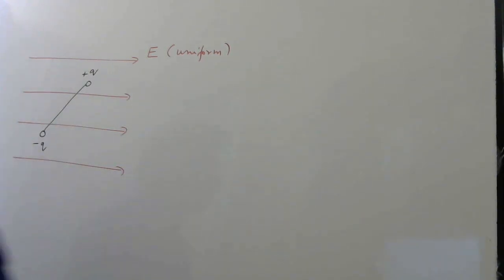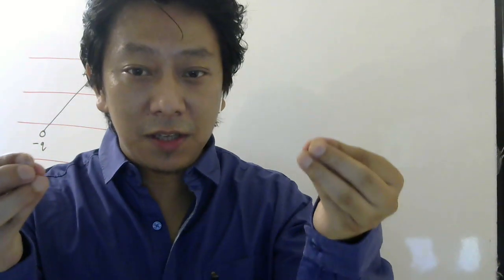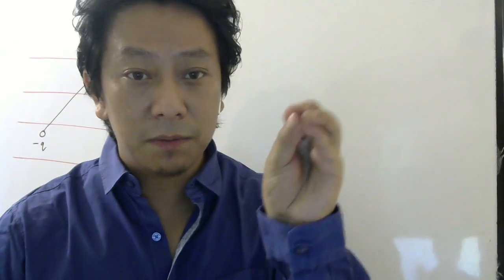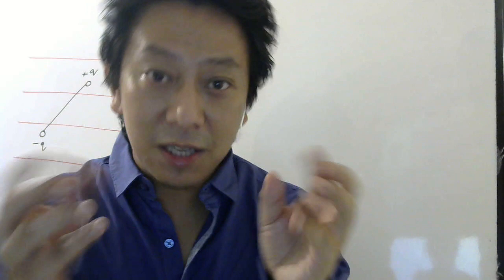One of my students was asking a doubt: sir, how can a dipole exist? If minus q and plus q are there, they should attract. See, when I say minus q and plus q are at rest, yes, they are attracting, but there must be some other forces to hold them. Otherwise they will just attract and fall on each other. So whenever people say one charge minus q is here and one charge plus q is sitting here at rest, it means some other forces are keeping the charges at rest. If there was only electrostatic force, they would attract. Keep that in mind.